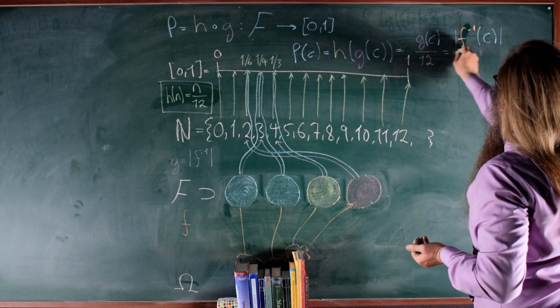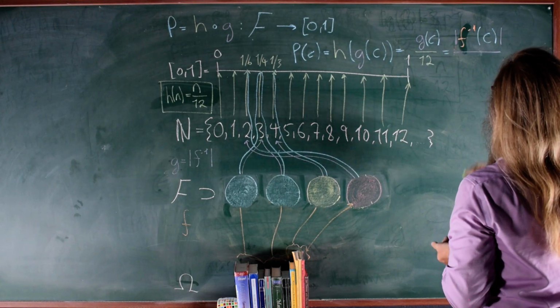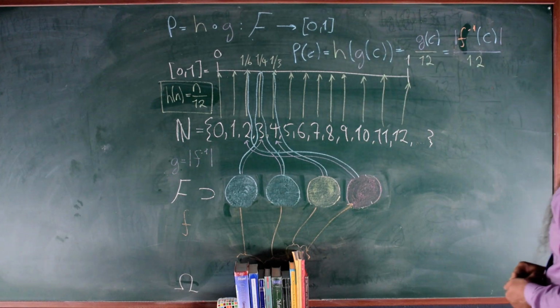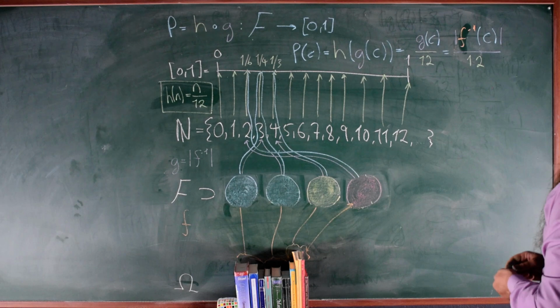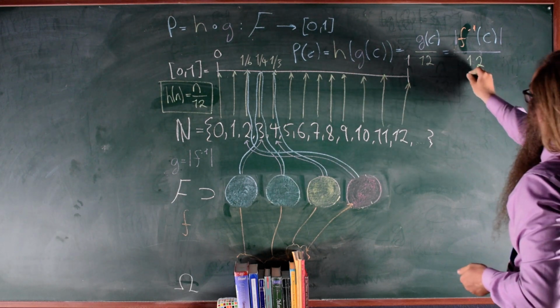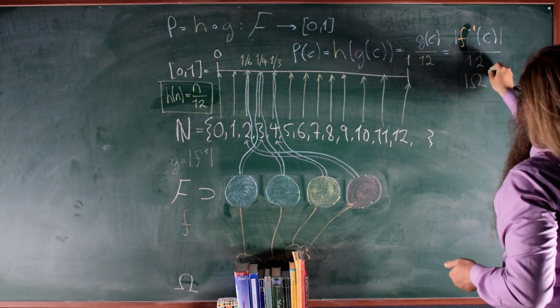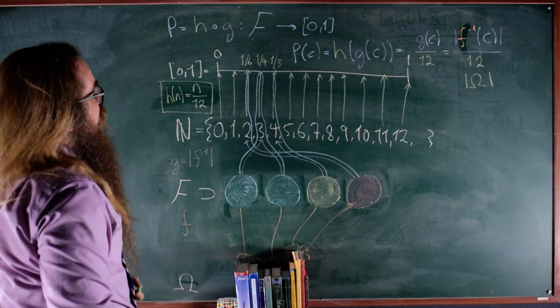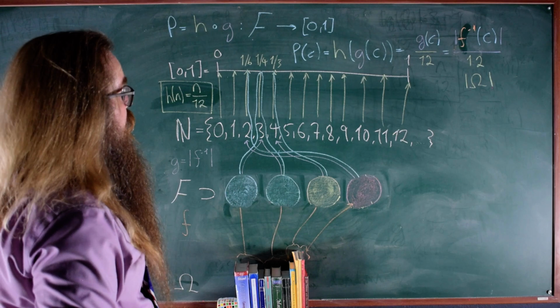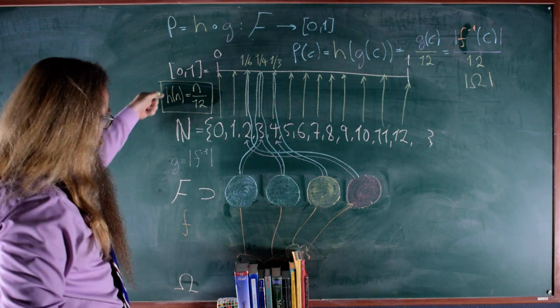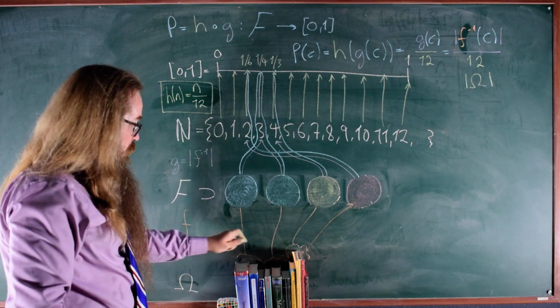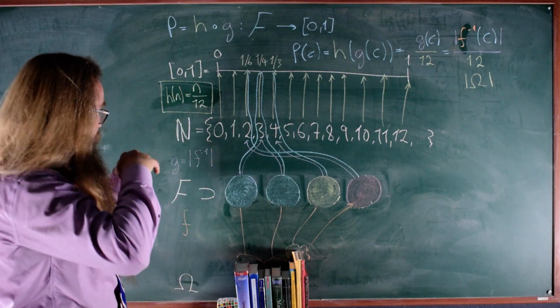We take the size of this and then we divide by 12. Which is incidentally the size of the sample space. So we've created a probability function from these three separate functions, where the first function was a completely